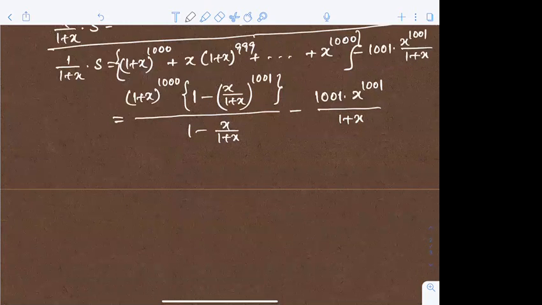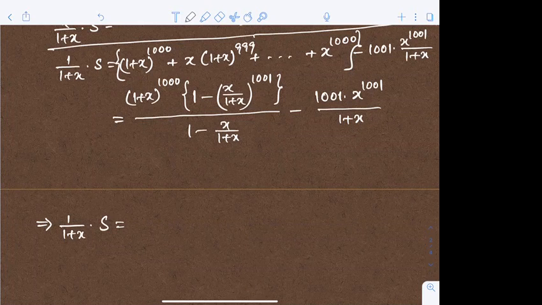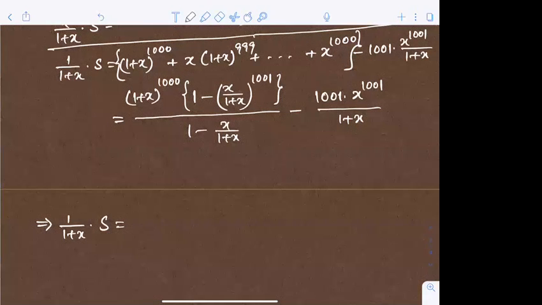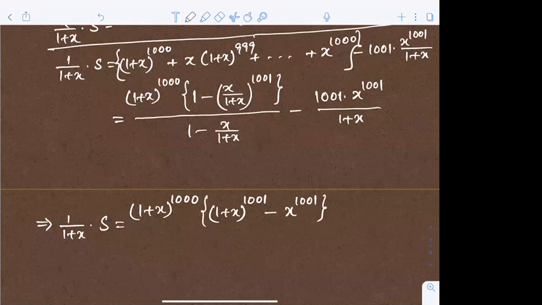this implies 1 by (1 plus x) into s is equal to কত আসছে এখানে? আগে সিম্পলিফাই করি। (1 plus x) whole power 1000 I can take outside, and inside if I take LCM it will be (1 plus x) whole to the power 1001 minus x power 1001, এটার পুরোটার নিচে আসবে (1 plus x) whole to the power 1001।